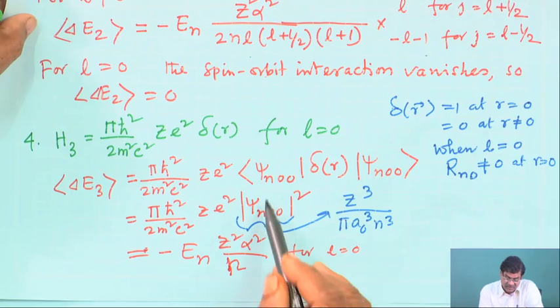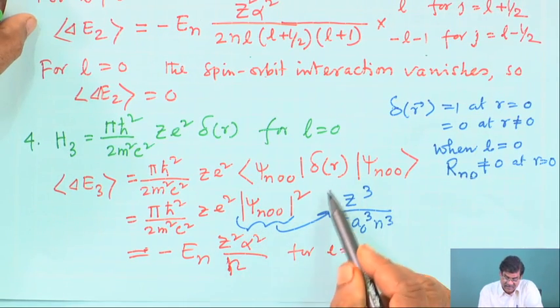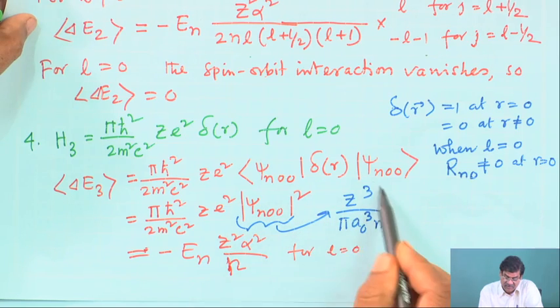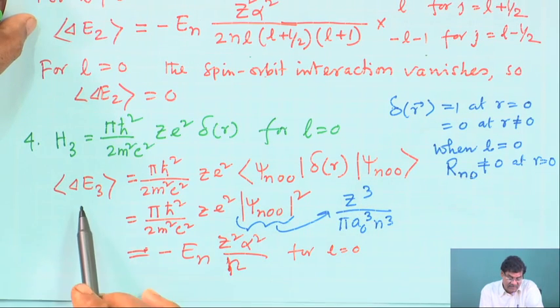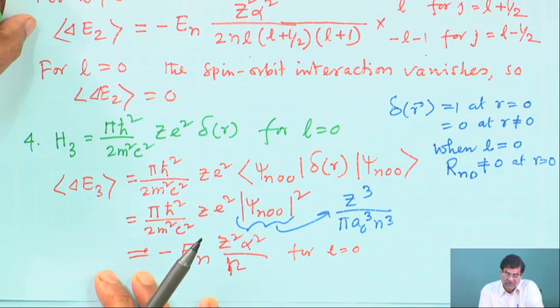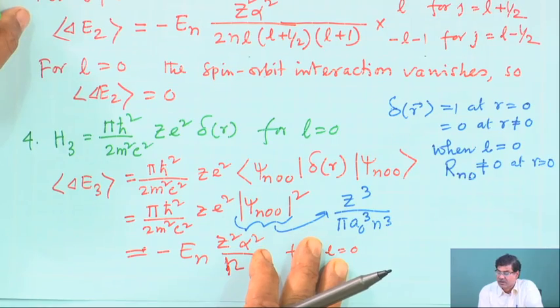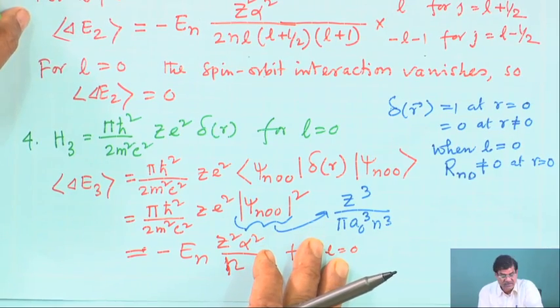Its square is this. So we get del E3 equal to minus E n Z square alpha square by n for L equal to 0. So using perturbation theory and the normal way of finding the expectation value in quantum mechanics, one can get this